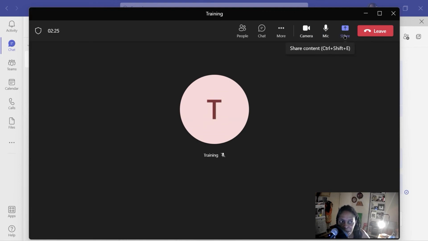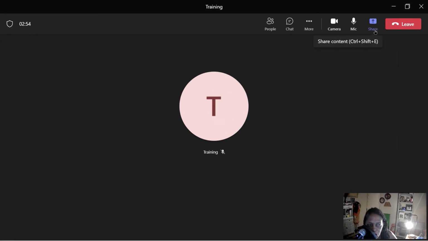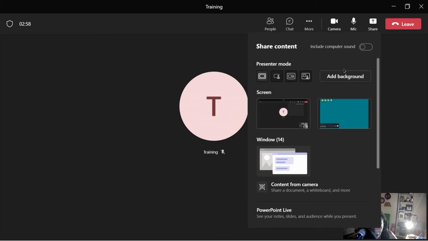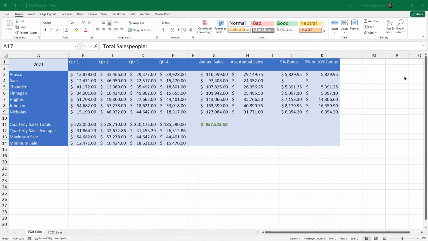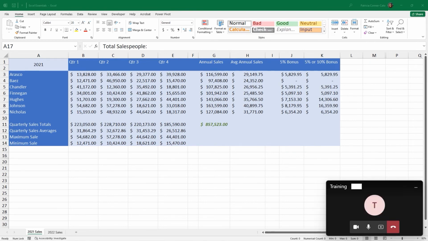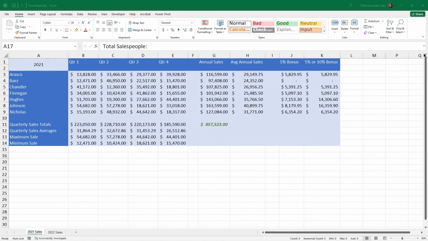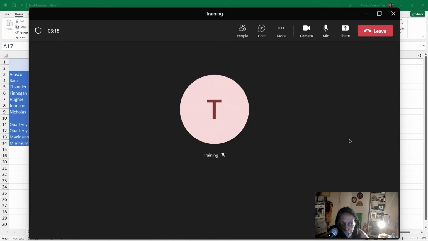And while I'm here, I could do something like share my screen. So I'm going to go ahead and click on the share button. And I can see my screens in different windows that I have open, right? So I'm going to go to my screen. And now you're seeing like the desktop screen, right? You're just seeing some folders on my screen. And I'm going to stop sharing that.